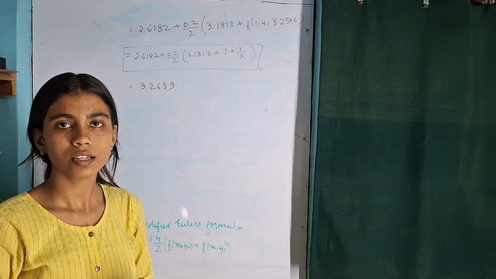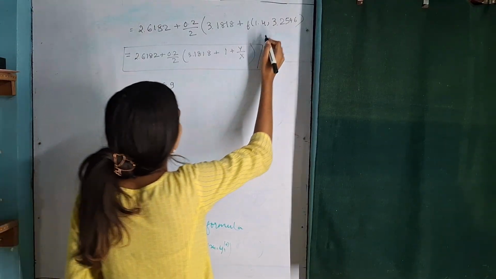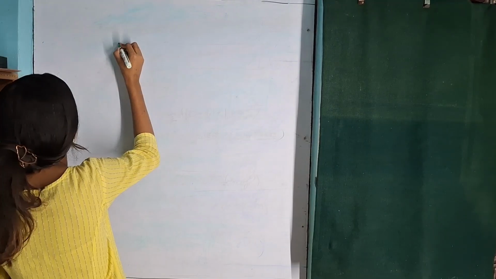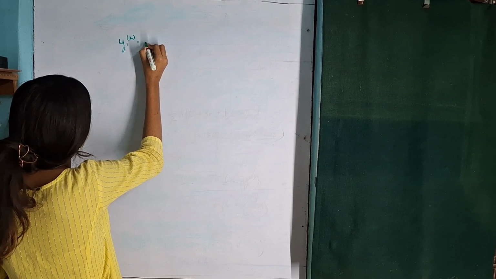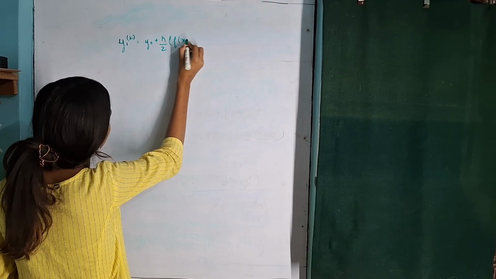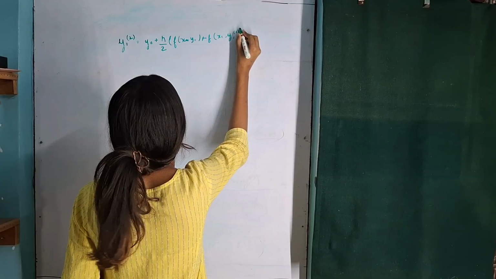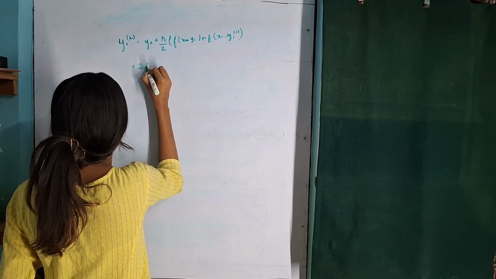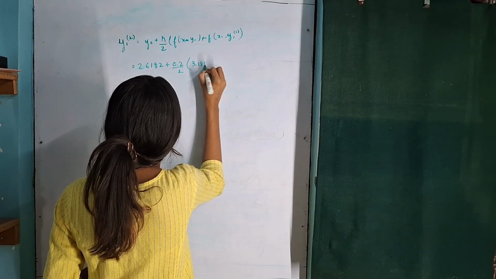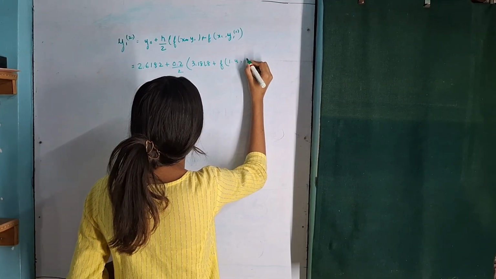So you will get your answer as 3.2689. So see, compare 3.2689 and 3.2546. There is actually a drastic change. It's not the same. So for y1 of 2, your formula is going to be the same. Your y0 is 2.6182 plus h is 0.2 by 2. This is 3.1818 plus f of x1, which is 1.4, and your y1 is